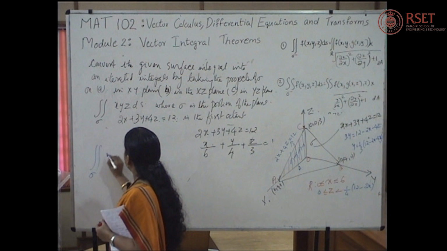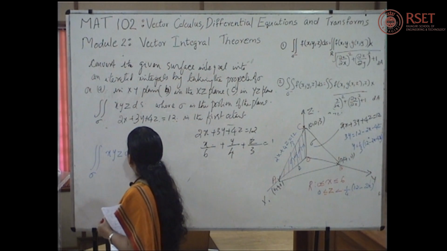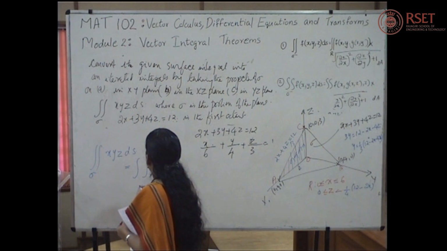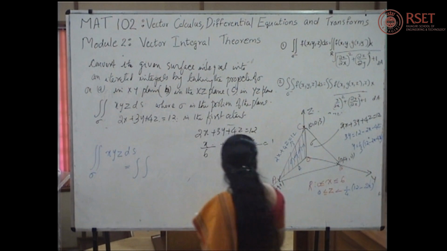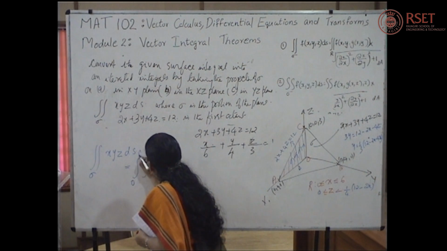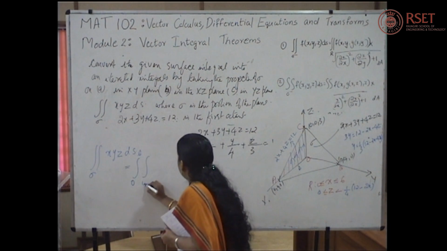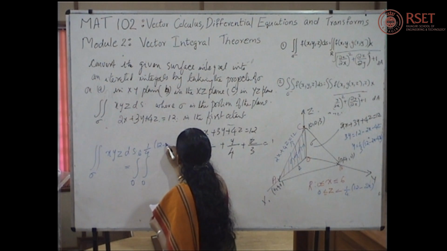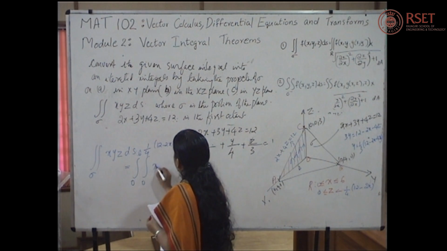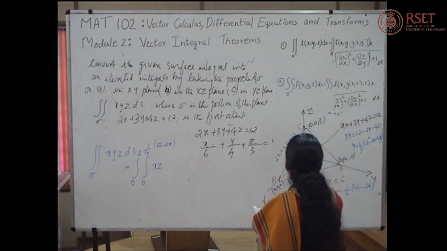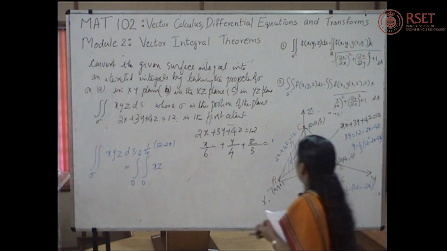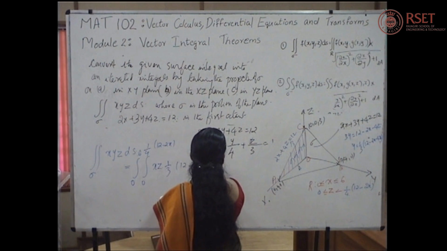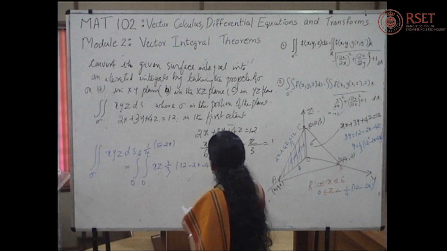Double integral over sigma xyz ds is equal to double integral over R, where R is defined as x varies from 0 to 6, z varies from 0 to 1 by 4, 12 minus 2x, where x into z into y is substituted as 1 by 3 into 12 minus 2x minus 4z dx,